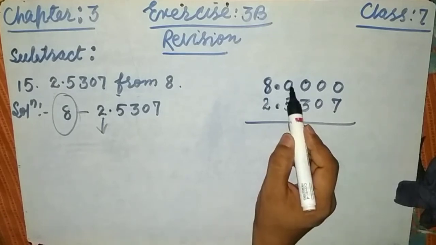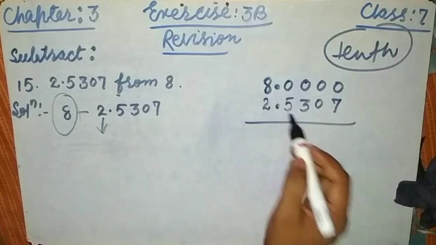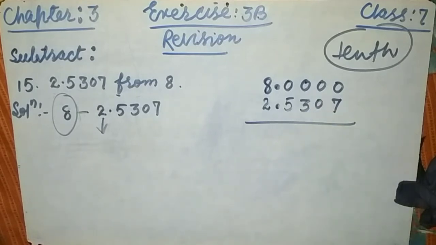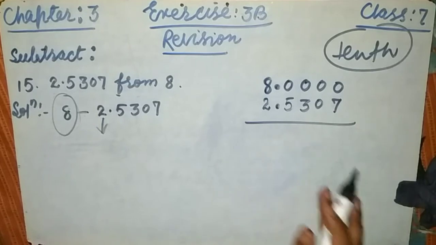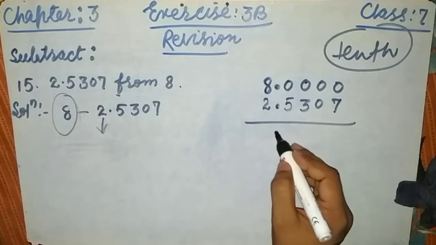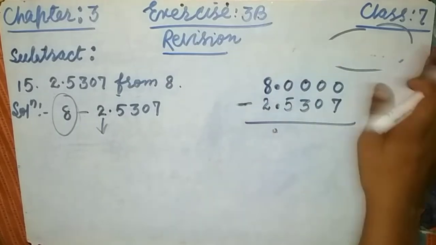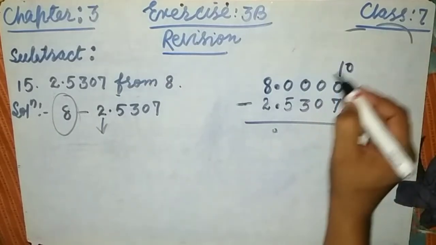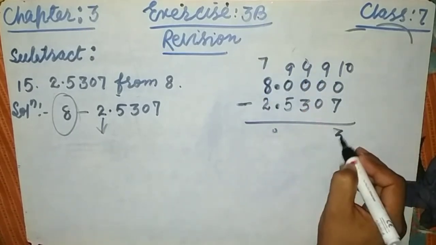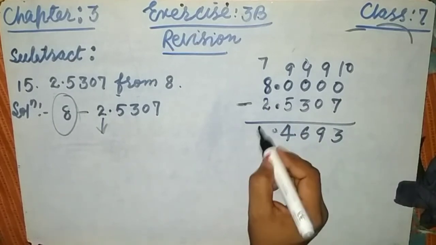Here the 0 is in the tenths place, friends, and 5 is also in the tenths place. This is the hundredths place, and all digits along the hundredths place, and digits along the thousandths position, all thousandths digits are aligned. Okay, now we have to subtract. This is 0, so this becomes 10, friends. Remember, 10, 9, 9 and 9, and this becomes 7. Now subtract: 10 minus 3, this is 7, this is 4, this is 6, and this is 7 minus 2, this is 5. So this is your answer, friend.